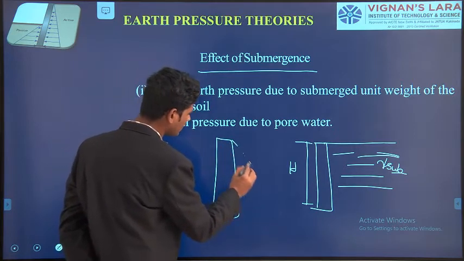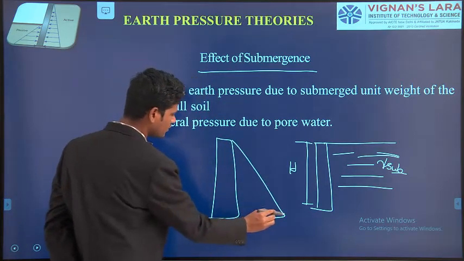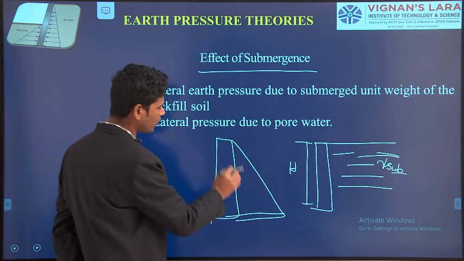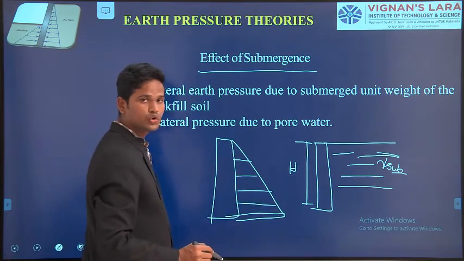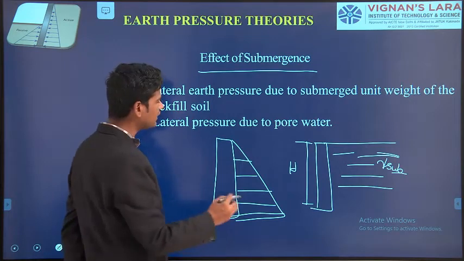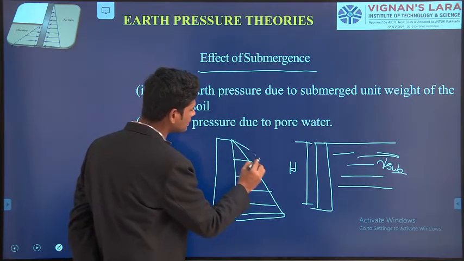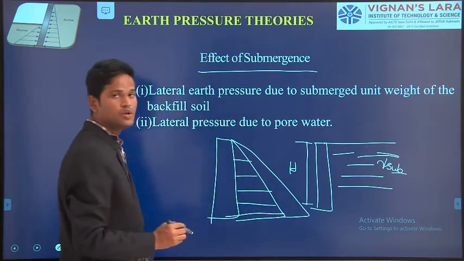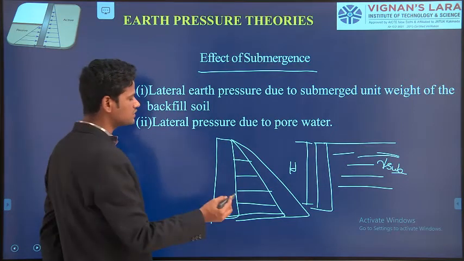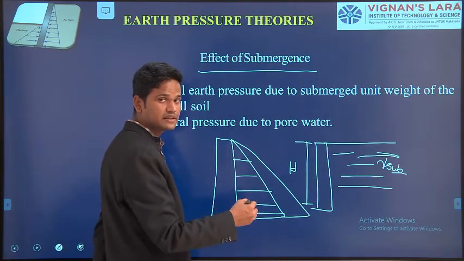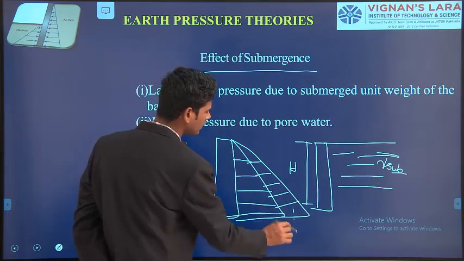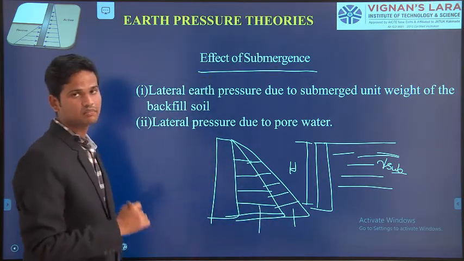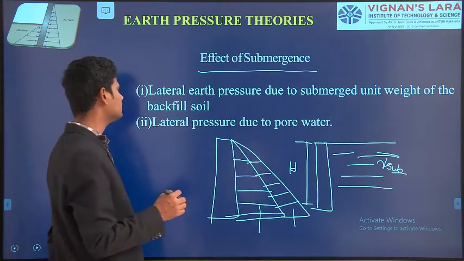If you see here, from the top of the ground surface to the bottom of the ground surface, the horizontal pressure acting on the wall due to the soil mass we already know. As well as the second condition, having pore water pressure, hence pore water pressure also will create some pressure on the wall. The pore water pressure will also give some horizontal pressure. That pressure also we have to calculate for this condition.